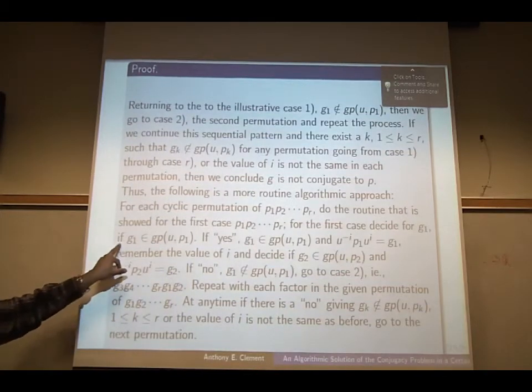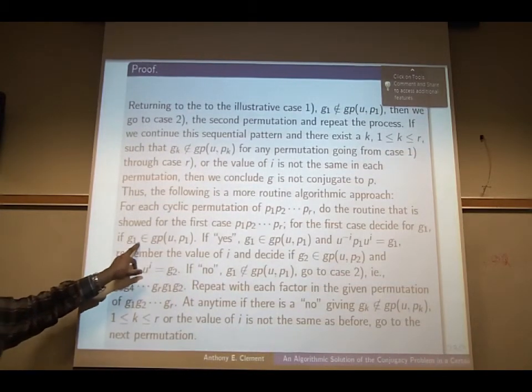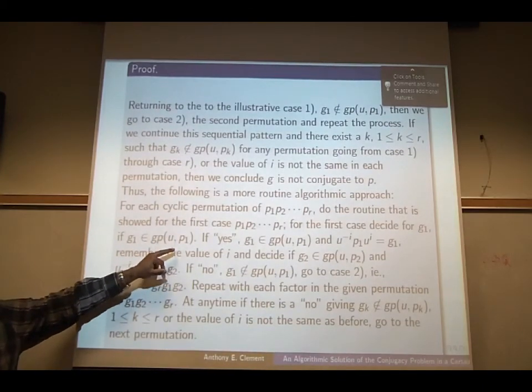So you see, again, to wrap this up, if G1 belongs to the subgroup generated by u1 p1, if